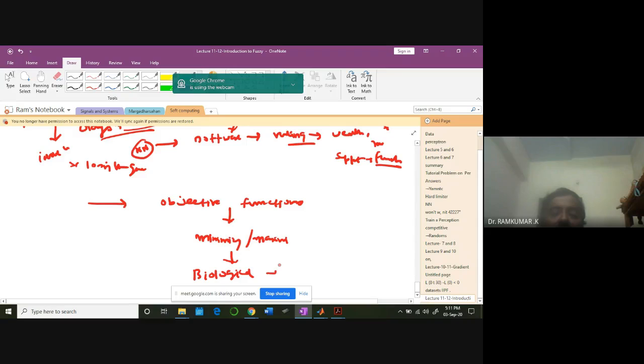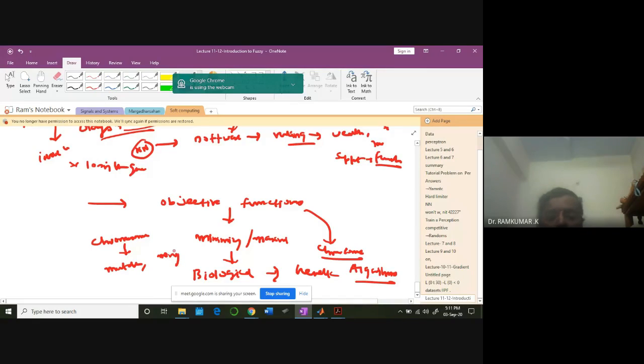For example, genetic algorithms, wherein you try to think of the solutions in terms of a chromosome. You try to develop chromosomes with a particular solution, and then you mutate. You do something like mixing. A lot of operations you perform over the chromosome in order to get the next generation of chromosome in a much better way. Better solution. So solutions evolve.